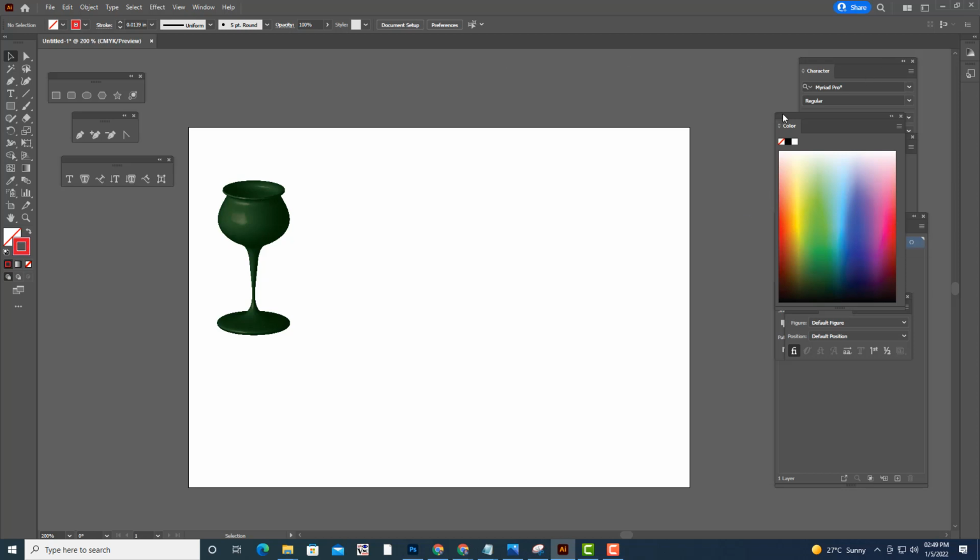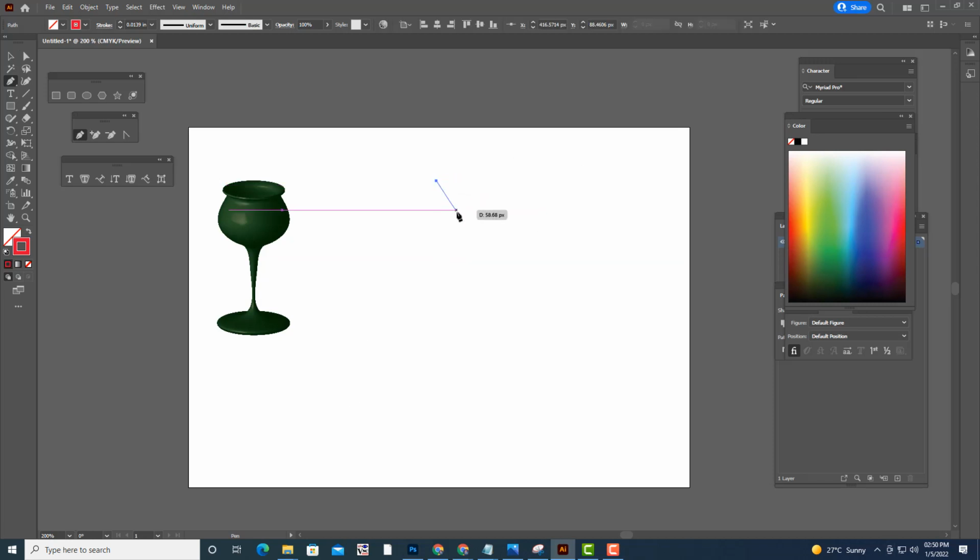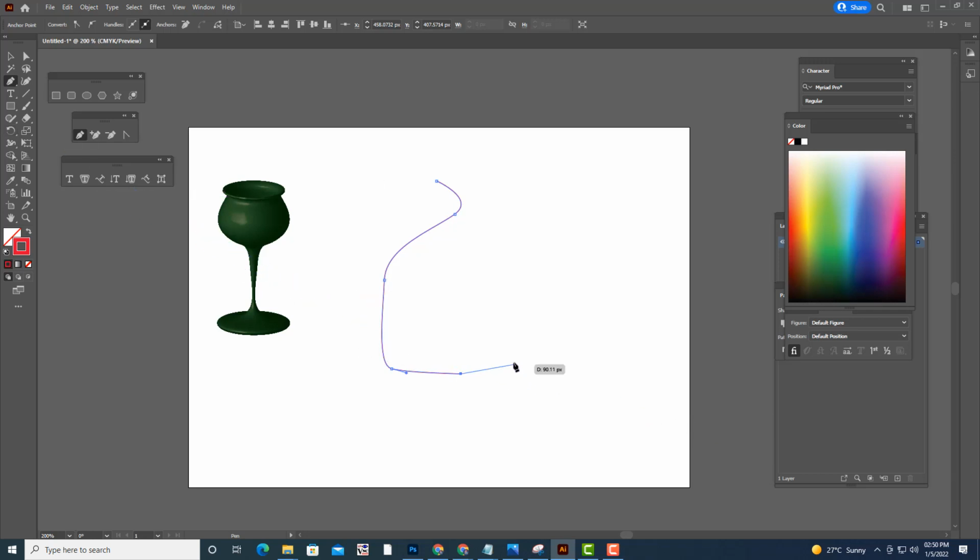And then this time I will create a pot. So what is a pot? Matka, or you can say kunda. So something like this, hit enter.